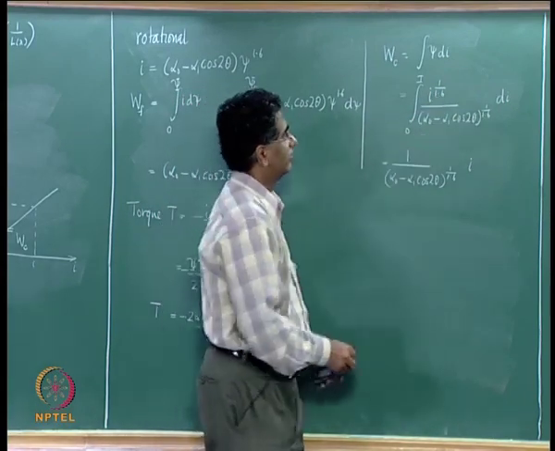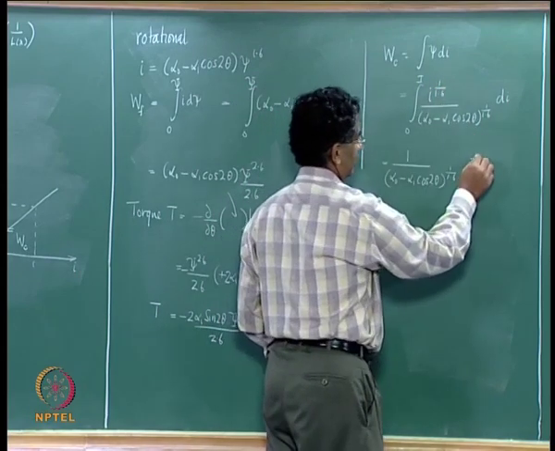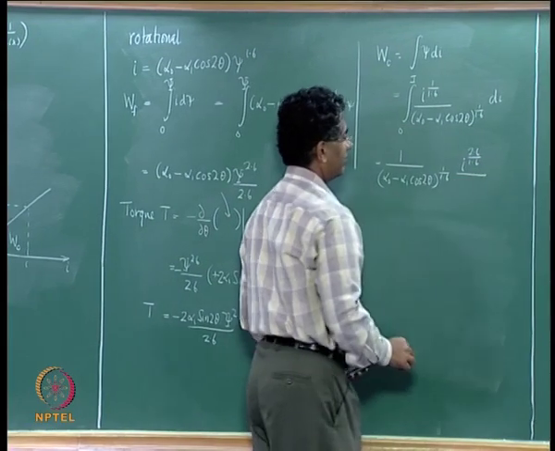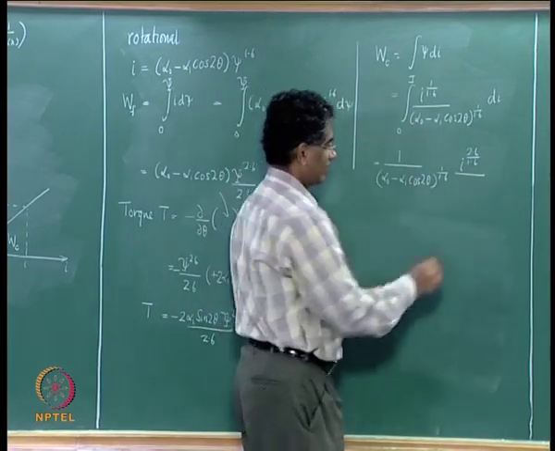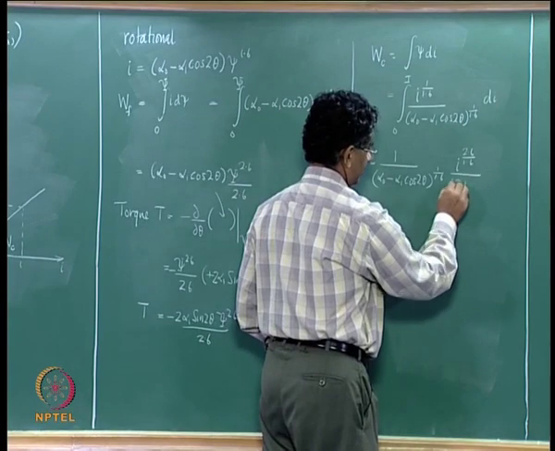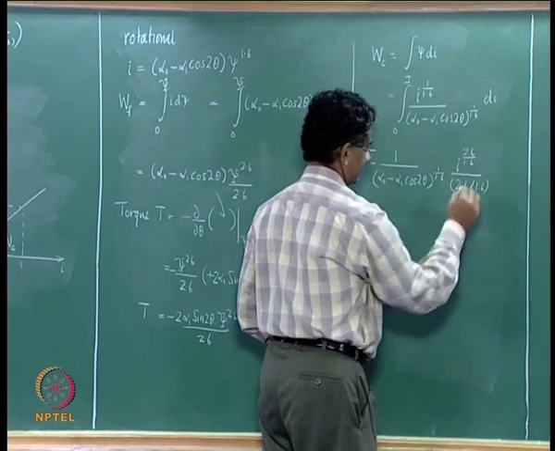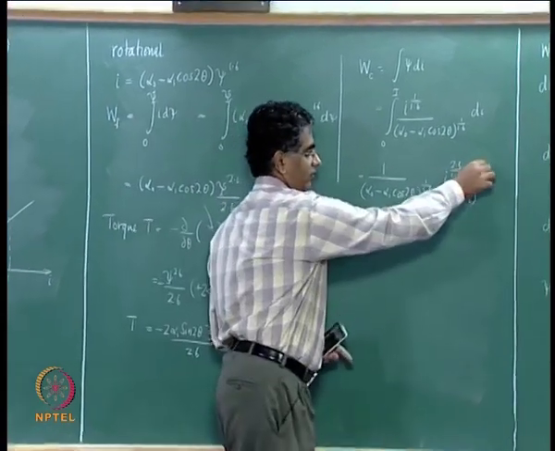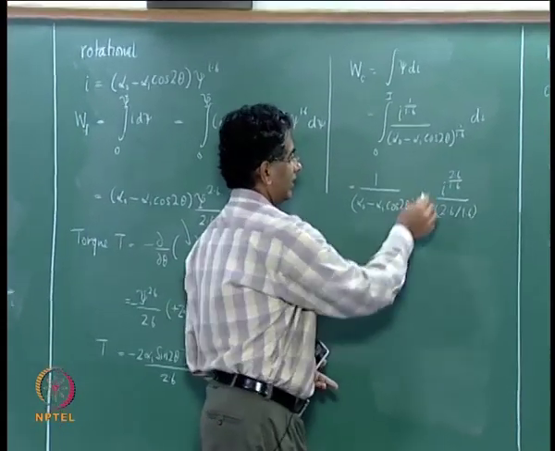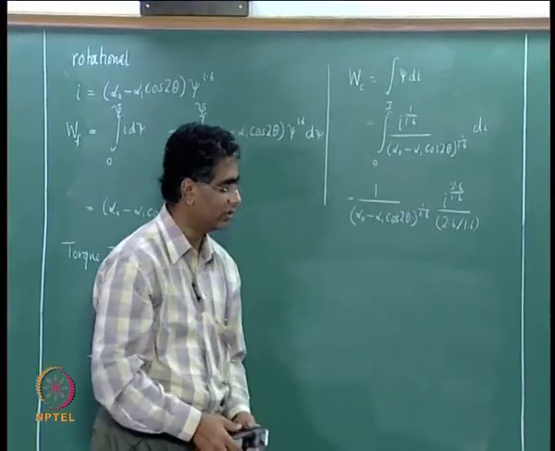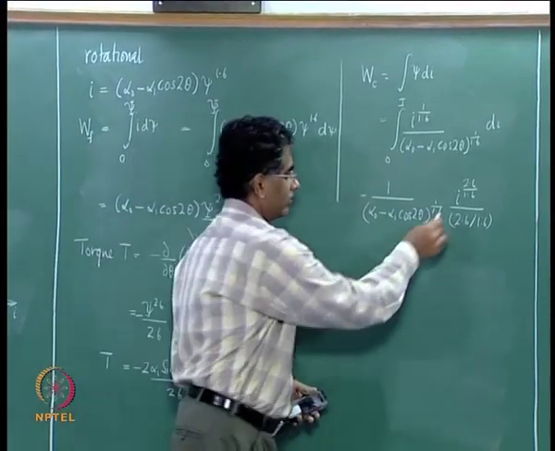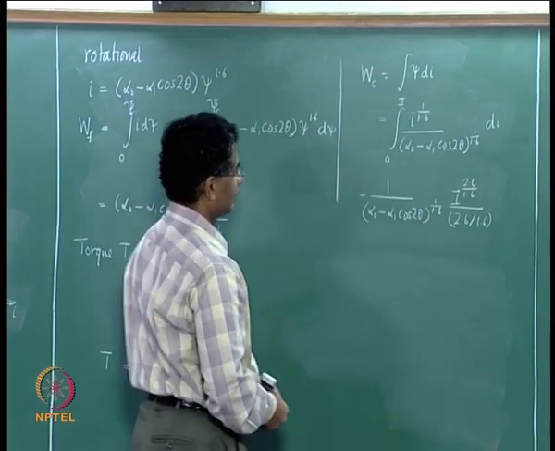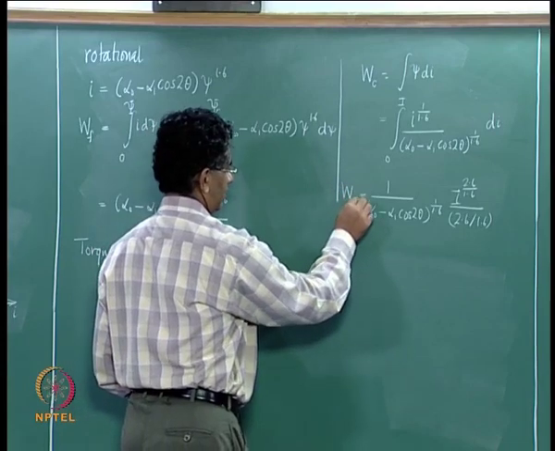So, 1 by 1.6 plus 1 becomes 2.6 by 1.6, divided by the same exponent, 2.6 by 1.6. This is your expression going from 0 to I, and since at the lower limit it is 0, we replace the upper limit here. So, this is your expression for WC,